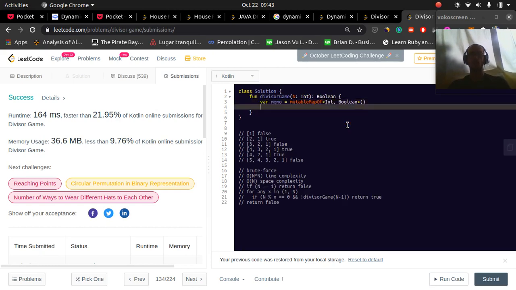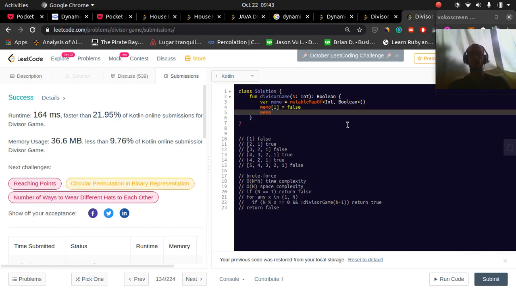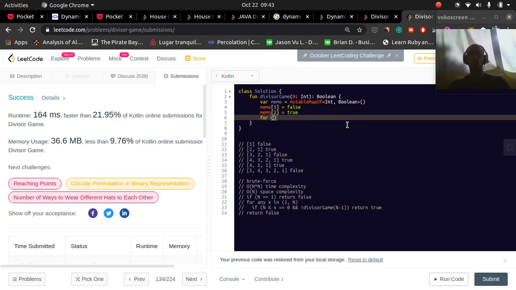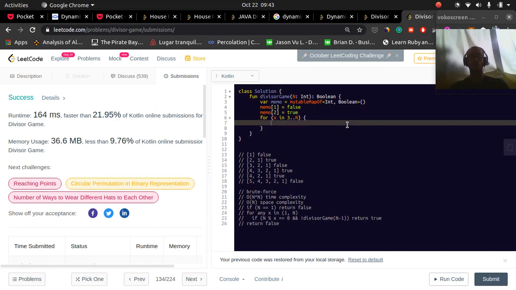So we know memo of 1 is going to be false, right? Because if you get 1, you have no shot. If you have memo 2, you're going to win. That's true. So now we can say for x in 3 until n, we can say memo of x equals,